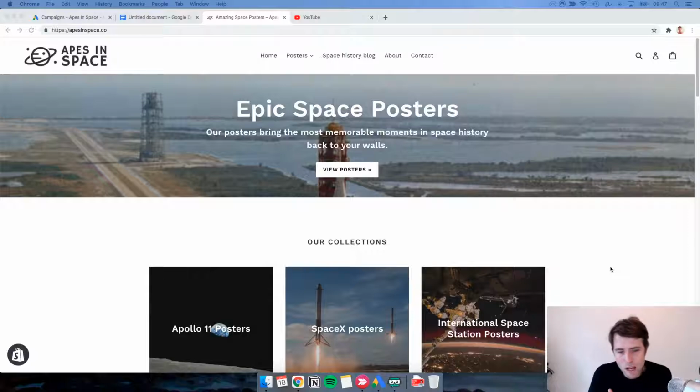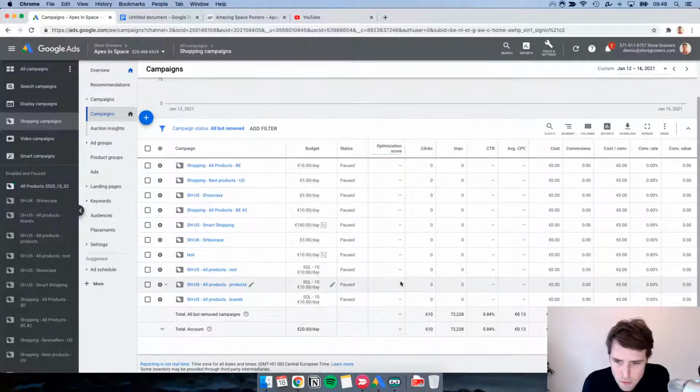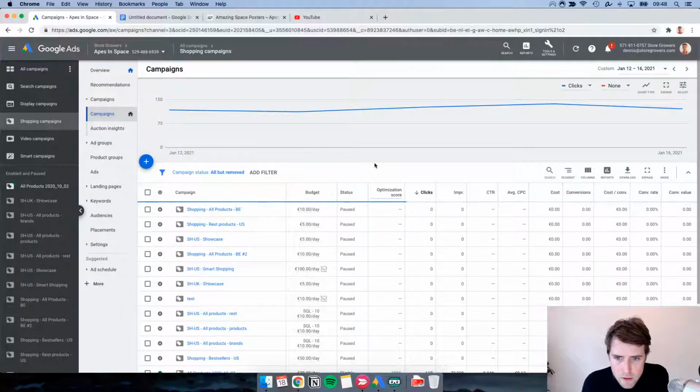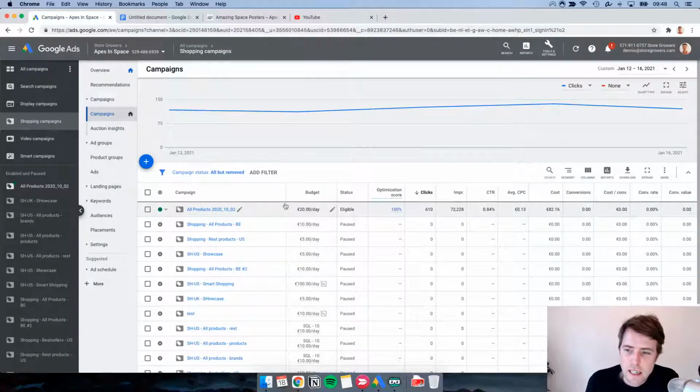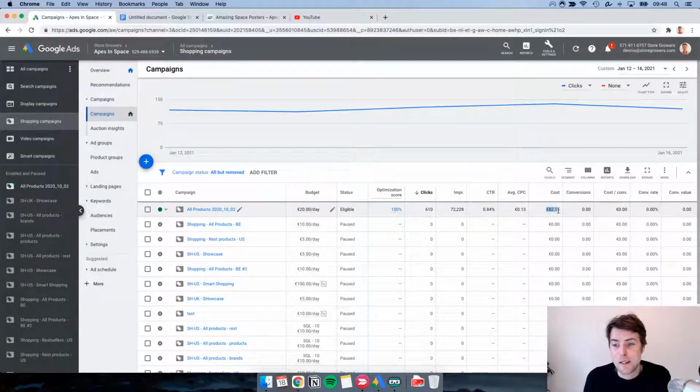This store is also a way to show you behind the scenes. I've been showing a ton of things in my account of campaigns that we're running. So I think we are running campaigns right now, right? Yeah, so here there is a shopping campaign. Actually, here you can see last week we haven't been making any sales. So that 20 euro CPA hasn't really played out.